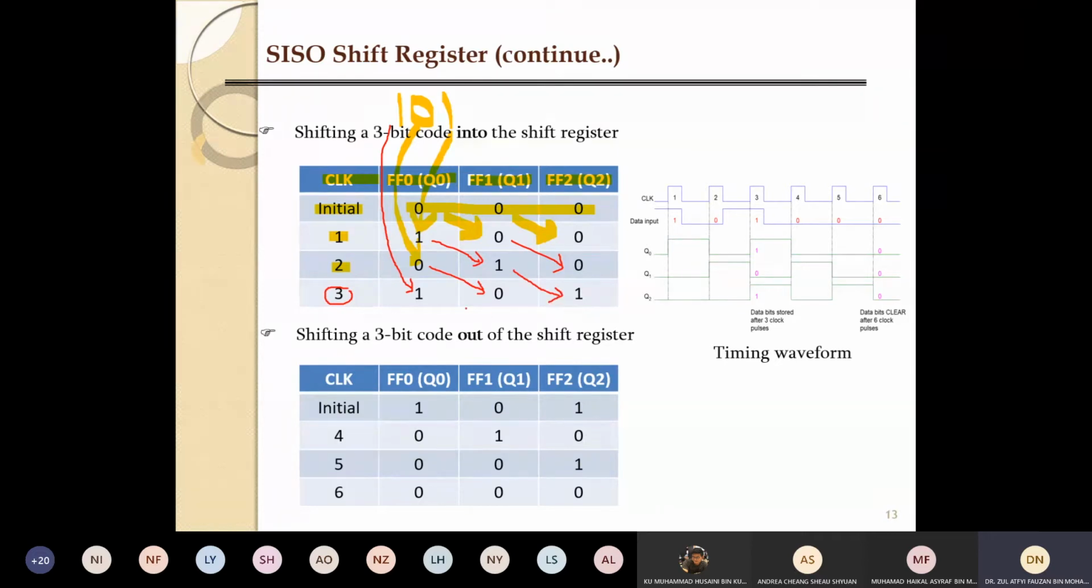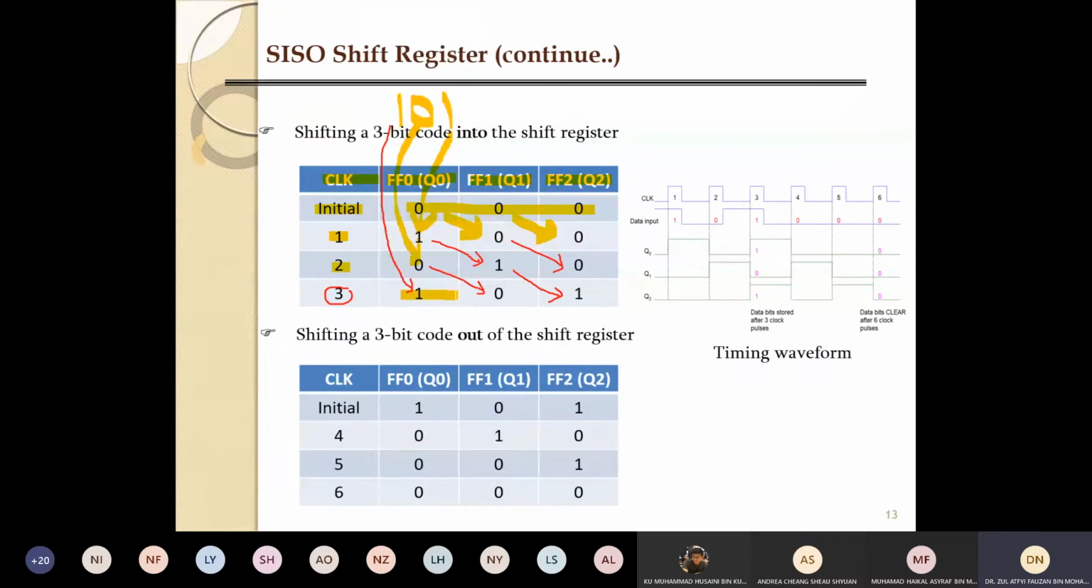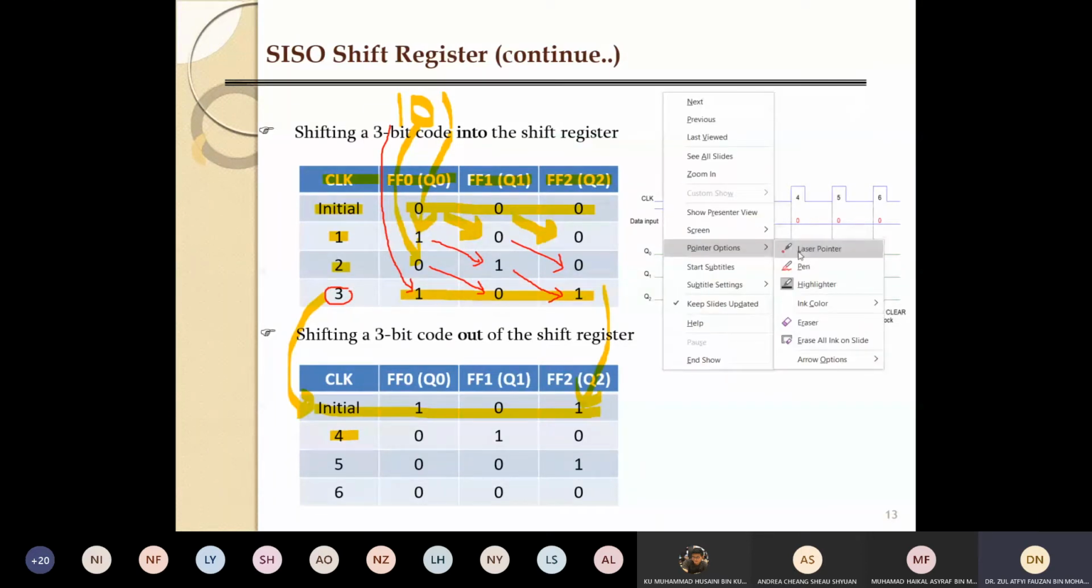So all 3 bits of the 101 input are already stored, in all 3 flip-flops. After that, we want to shift out the input 101. We start with the fourth clock. Initially 101 is here, after clock 3. So during the first clock, the first bit input